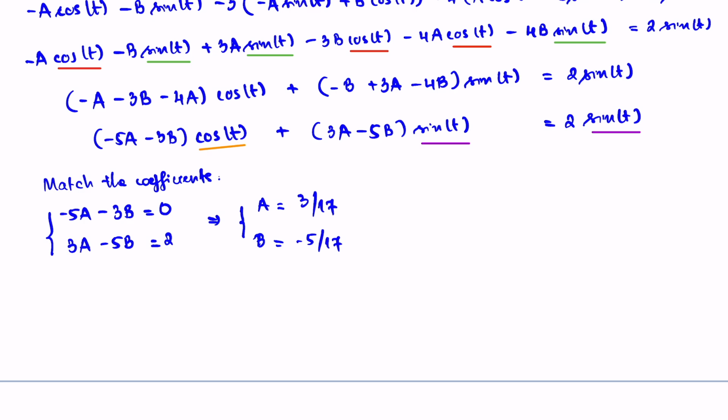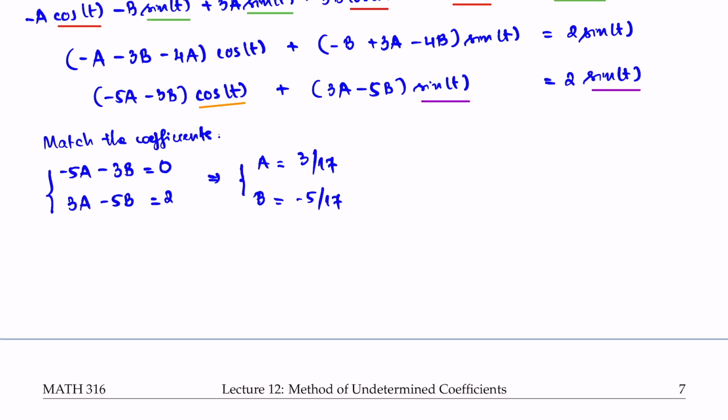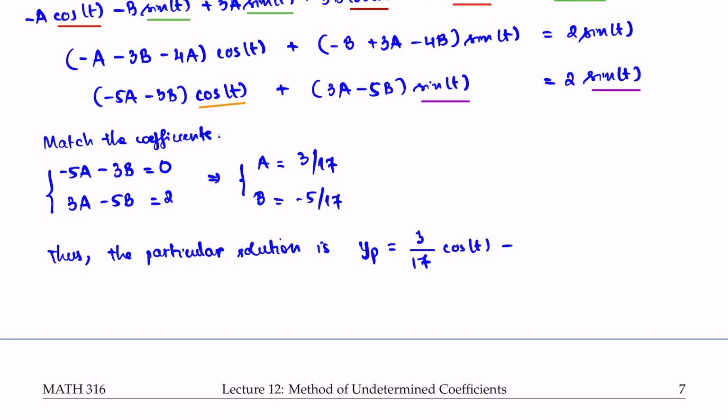Therefore, the particular solution is of the form y sub p equal to 3 over 17 times cosine of t minus 5 over 17 times sine